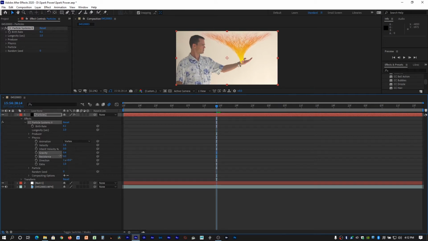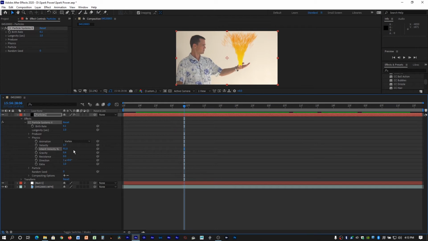I can also adjust the resistance to it, but I think what I want to adjust maybe is that velocity a little and the inherent velocity. As I adjust that, then you're going to see how it changes a little bit. It's a pretty good start. The particles come up and rise up. And if I want to, I can adjust that resistance a little bit, and then the direction of it,